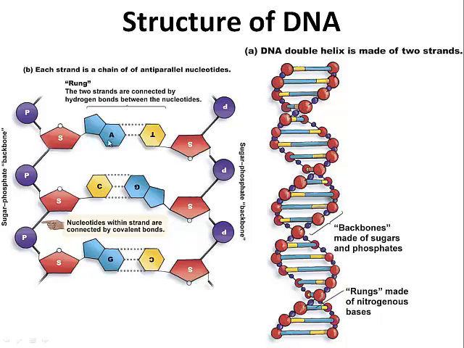Now let's take it one step further and look at the right-hand side of this page. On the right-hand side of the page, we see all of the parts we just talked about. Here's a sugar, a phosphate, and a nitrogen containing base, and you can follow those all the way down. There are 2 chains here. Here's one that I'm running the cursor along, and here's another chain that I'm running the cursor along. And those chains are held together in the center of the molecule by the hydrogen bonds that connect the 2,